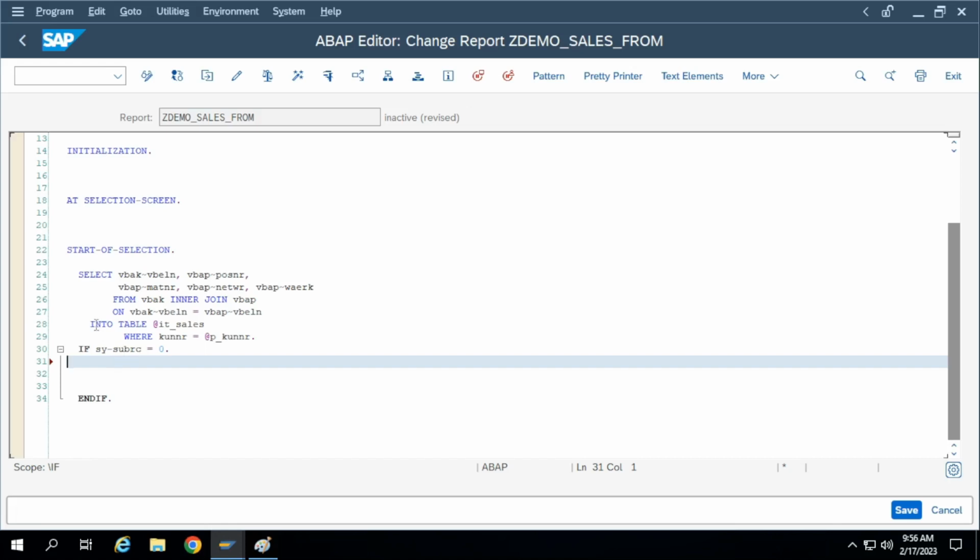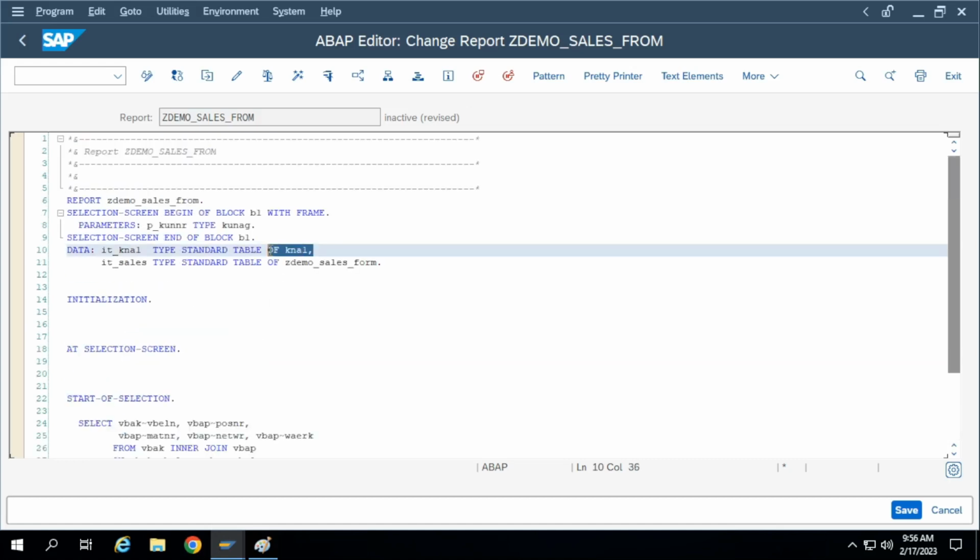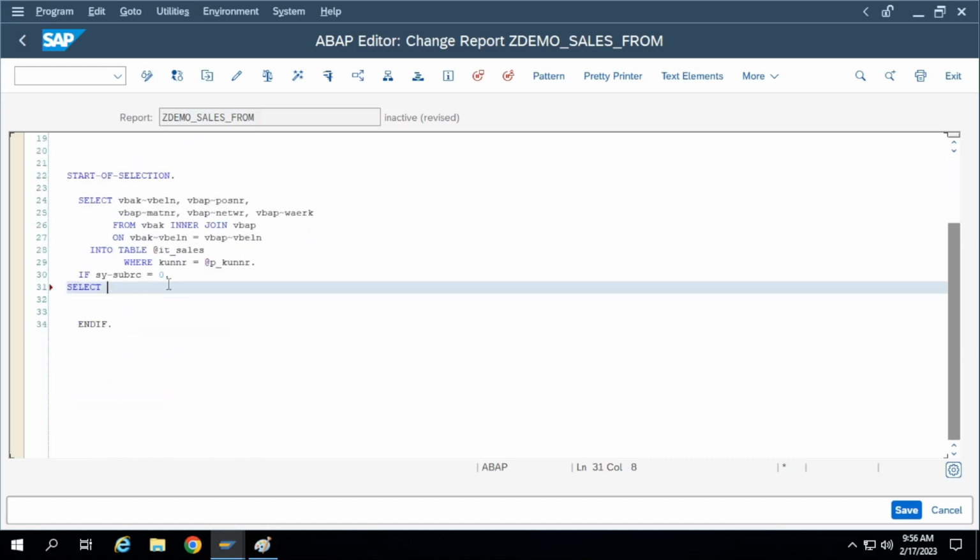Now what is the next step? I have the data. Now what is the next data I need? KNA1 data, right? Tell me the select statement to select the customer master data. What is the reference I have taken? The complete table reference, KNA1. Now what is the select statement here? Select single star from, because I'm selecting only one customer. Our input is also only one customer. From KNA1 into WA underscore KNA1,